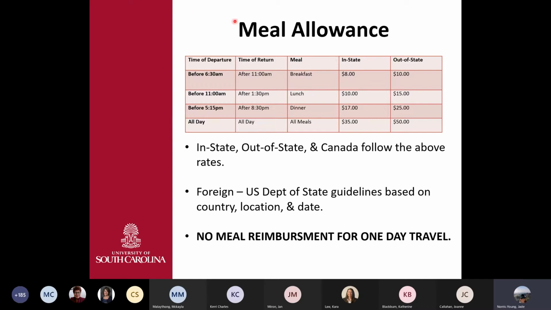And I'm sure you've all seen this before, but this is our meal allowances matrix, and it basically shows you if someone leaves at a specific time. So if they leave before 6:30 in the morning, then they're eligible for those specific meals for that day. The breakdown between the per diem for in-state and out-of-state is the max that can be reimbursed in-state is $35, and that breaks down to $8 for breakfast, $10 for lunch, $17 for dinner, for a total of $35. If it's out of state, the max is $50 a day, and that breaks down to $10, $15,